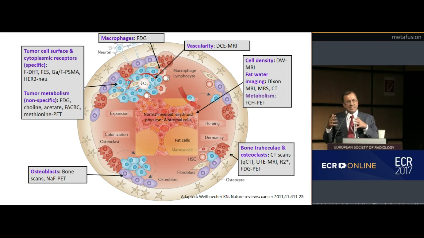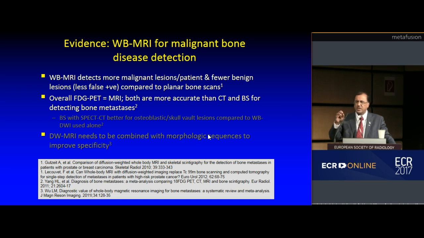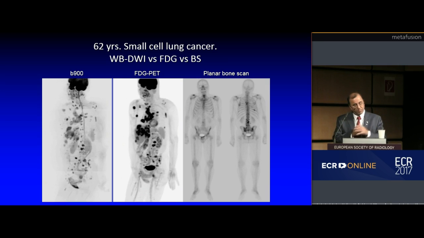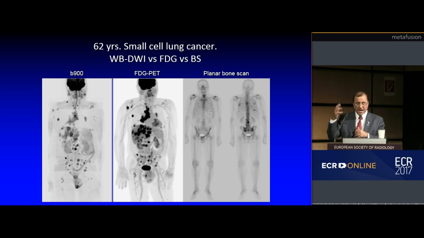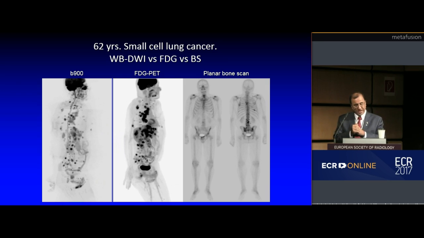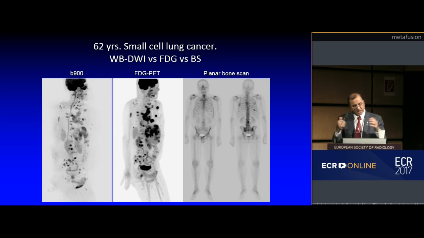So there are issues with CT scans and bone scans, and whole body MRI scans are a way of getting around some of these issues. Now, we know that diffusion imaging as part of a whole body MRI scan detects more lesions per patient and fewer benign lesions. And there can be no doubt about it. So here, for example, is an FDG PET scan in the middle, B900 image on the left, and the planar bone scan on the right. Now, this patient has